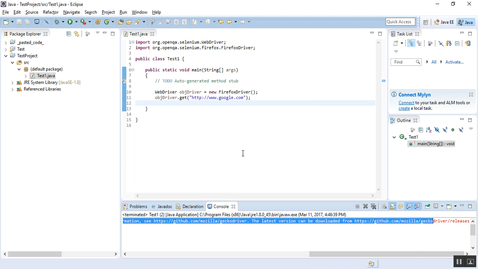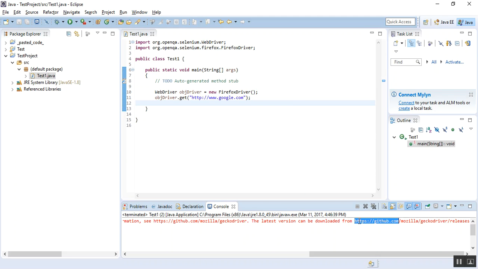So what happens is, since this is the latest version of Selenium WebDriver, it does not directly launch the Firefox driver. It requires this Gecko driver. This Gecko driver is required to launch the Firefox driver using the Selenium 3 WebDriver Java files. So we'll have to download this Gecko driver and integrate it with this class, and once that is done, this code will work. The error has already provided the website link, so we'll go to that website and download this Gecko driver.